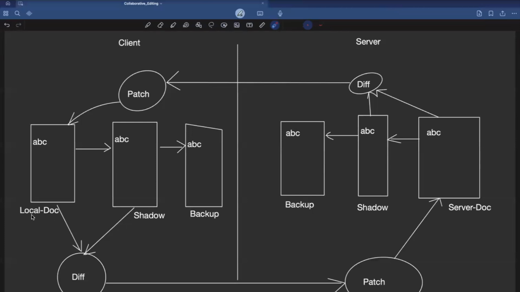On the client side, we have a local doc and its shadow is basically the copy of the local doc, and the backup is like the previous version of the document. Similarly, on the server side, there'll be a server doc, a shadow copy, and a backup is the previous version, right? Now, if the client wants to add a character, say D,